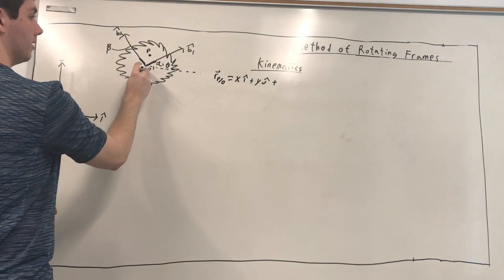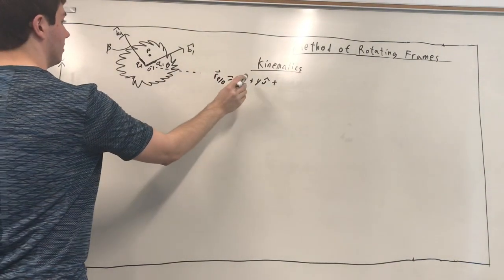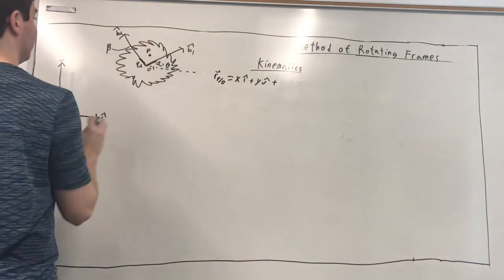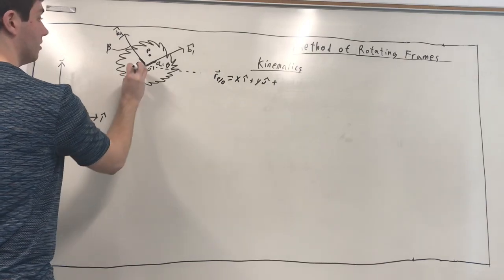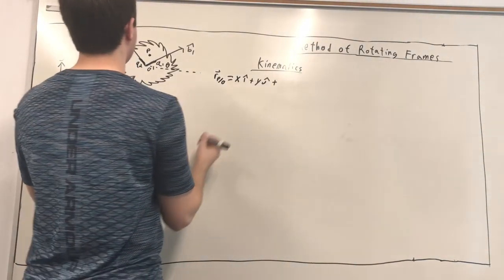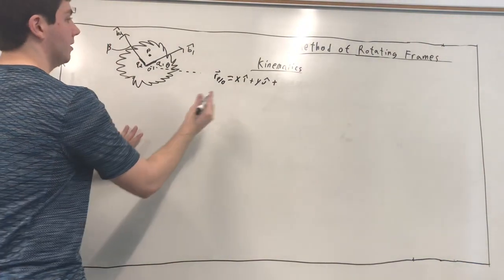Just to be very specific, these are not the distances from O to P, they're the distances from O to O prime. So from the B frame, you have plus